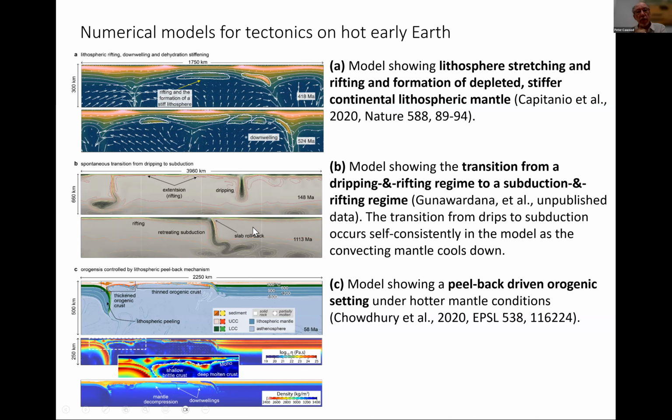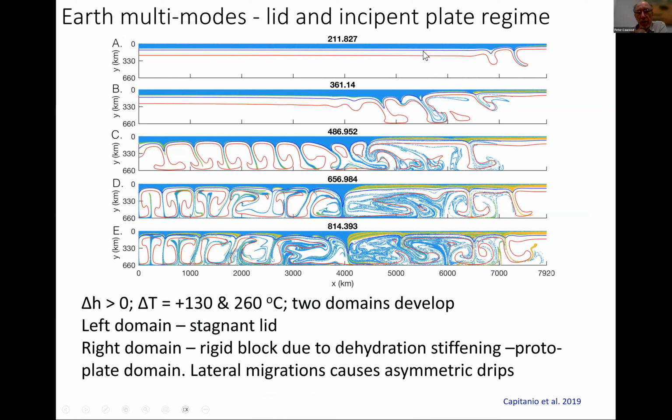This other model that I didn't really talk about starts off with a uniform bit of lithosphere across here, and we ran it twice at 2 different temperatures, 130 and 260 degrees C higher than the current temperature. Say we took 1350 as the current temperature and ran these higher ones, and they both ultimately produced the same result. The only thing we did to this model was change the thickness of the lithosphere on the right-hand corner, and that induced